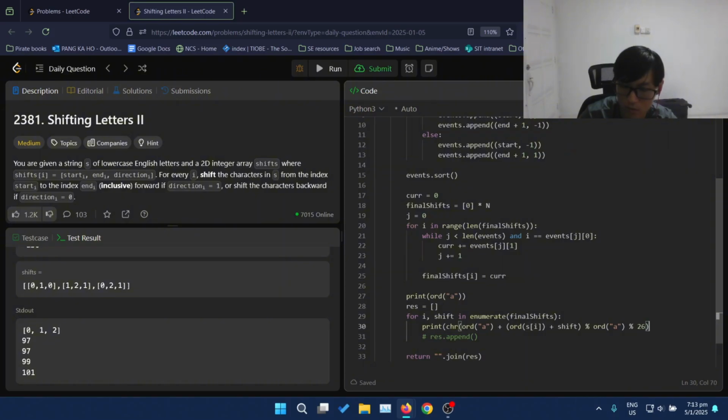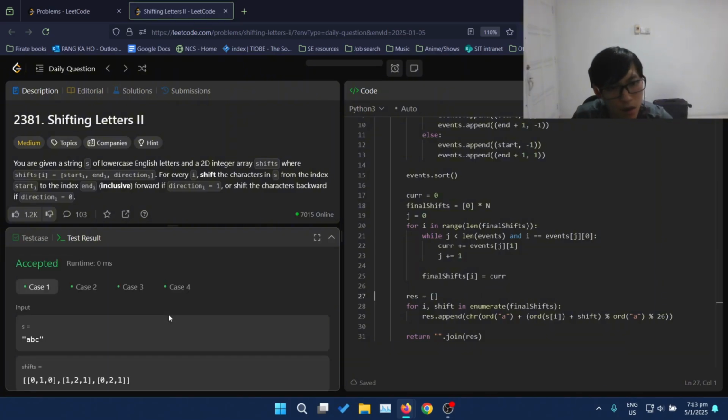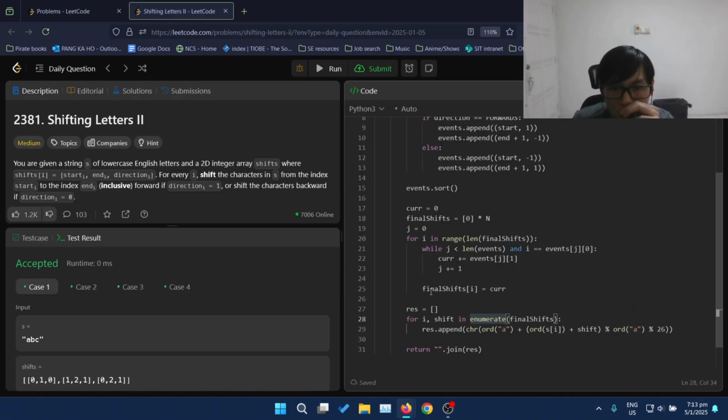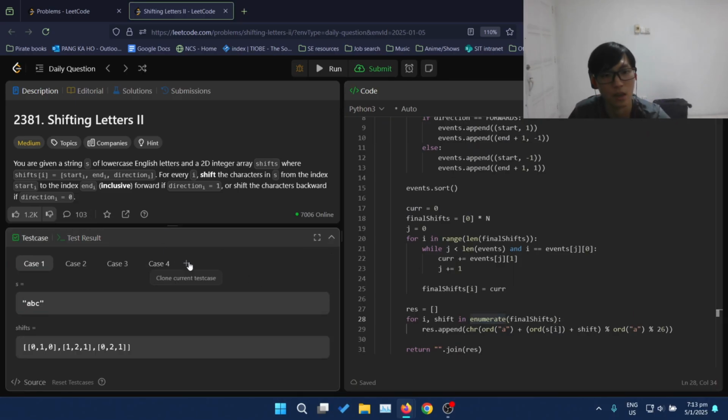Let me take this. That's probably an easier way to do this. Okay, also the sample test cases. Yeah, not the cleanest solve, but